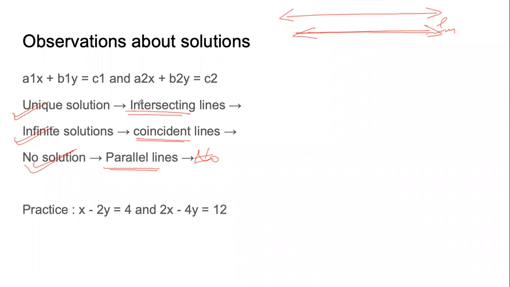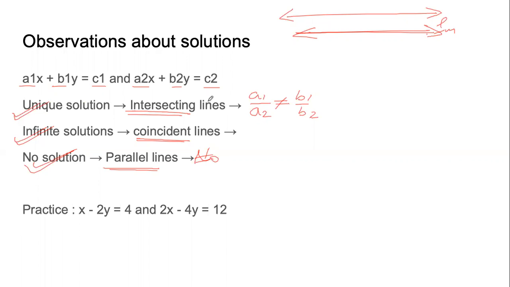The easy way is this. We will have to work with the coefficients and the constants from the equation. If A1 by A2 is not equal to B1 by B2, then we are sure that their lines will be intersecting and we will have a unique solution. Why this is the case, we will understand when we study coordinate geometry this year. But this knowledge about coefficients of the linear equations and how they relate to the nature of the lines, we need to know now for this chapter.